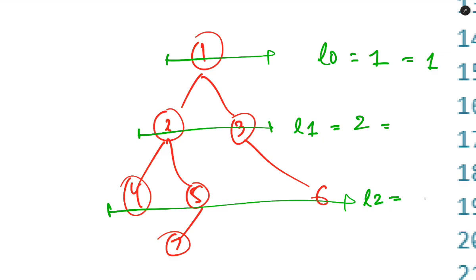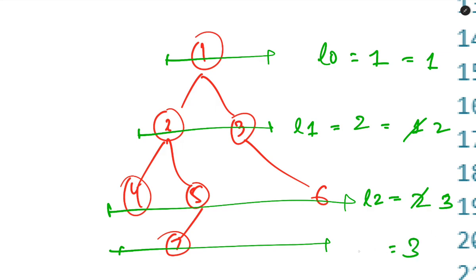Level 2 has three nodes, so I will increase it to 3. I can't update it after that, so it will be 3 only. So 3 is my answer, because the maximum number of nodes I could get is 3